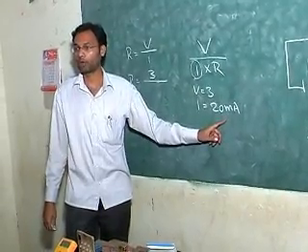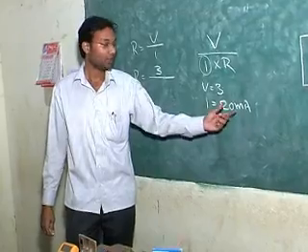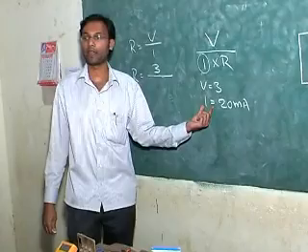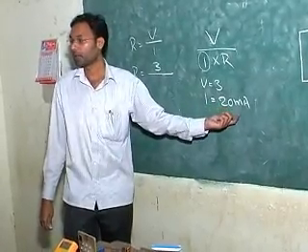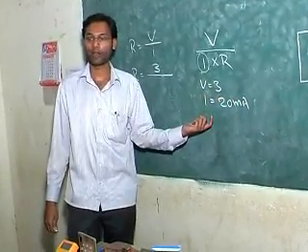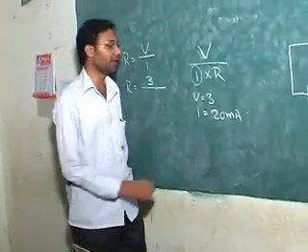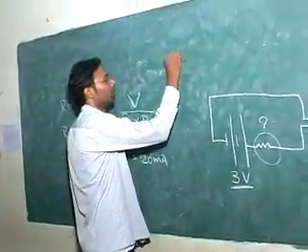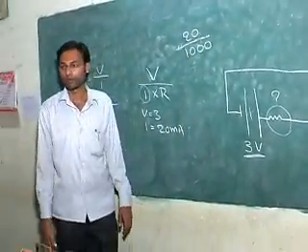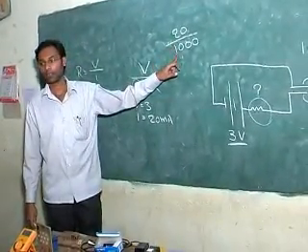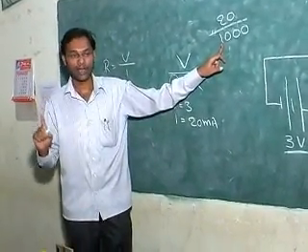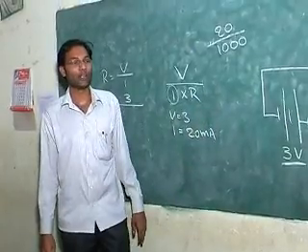How many milliamps do you have here? 20 milliamps. These milliamps should be converted into amps, because the I value will be in amps, not in milliamps. So to convert milliamps into amps, what do we have to do? Just divide this 20 by 1000. Why do we divide by 1000? Because 1000 milliamps makes 1 amp. So if you divide it, then the value will be